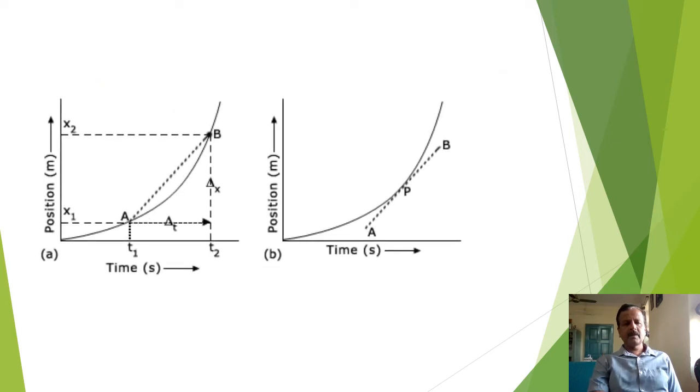Now let us see the graph. We'll understand the instantaneous velocity from this graph. As I said earlier, if the position versus time graph is a curve, then it represents non-uniform motion, meaning the speed of the vehicle is not constant. It is going on increasing. If you look at the graph, the position is increasing non-linearly. Therefore, the speed is also not uniform. The speed is also increasing. So if I want to find out speed at any given instant of time, then let me choose the point P.